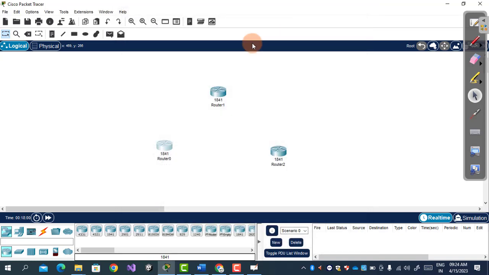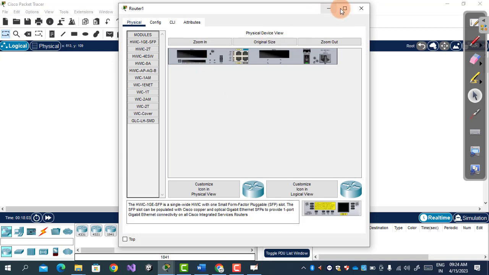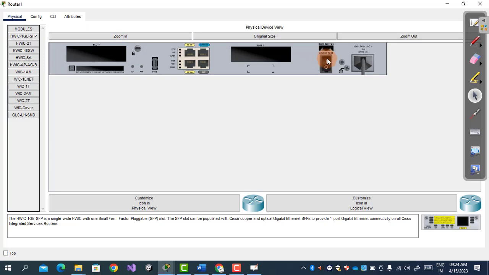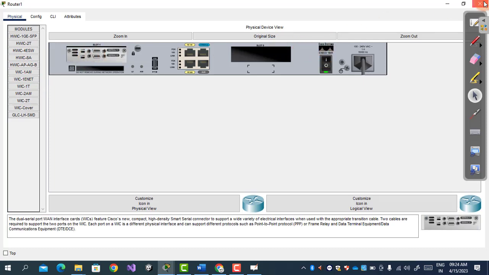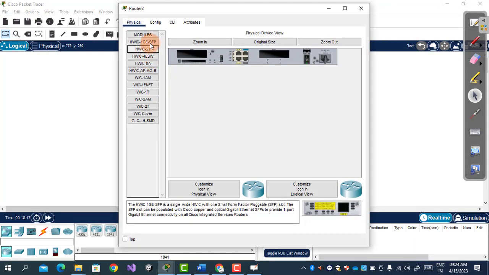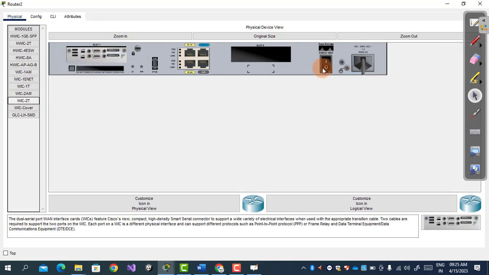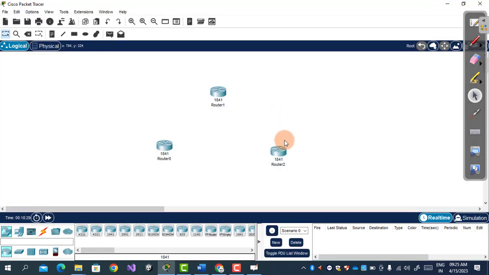In the same way we go to the second router, physical, then zoom in, switch off this button, then WIC-2T, drag and drop, again switch on the power. The third router, configure, physical, full screen, zoom in, power off, WIC-2T, drag and drop, power on. In this way we can add a serial connection in the routers. Okay. Now next